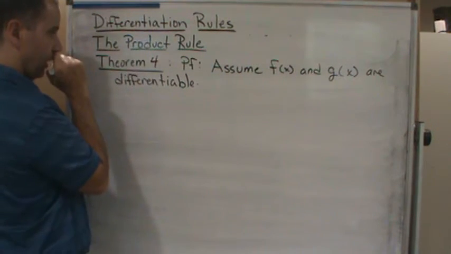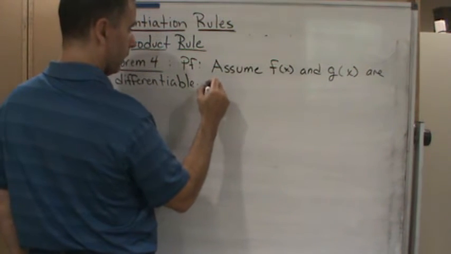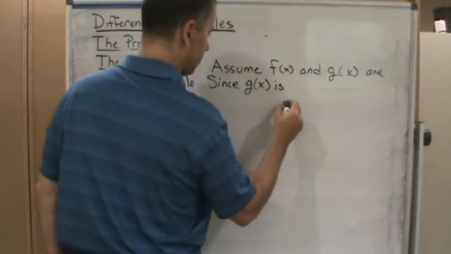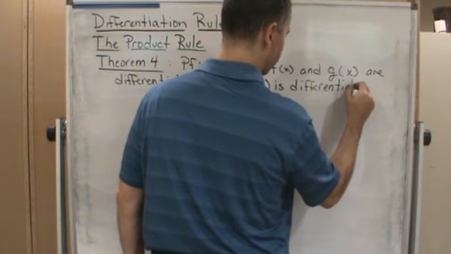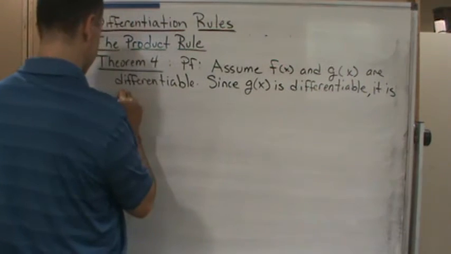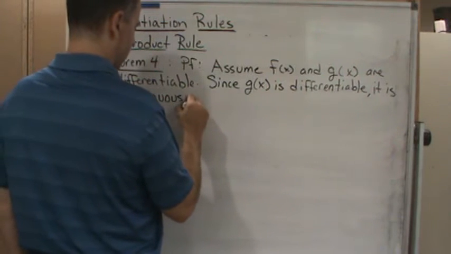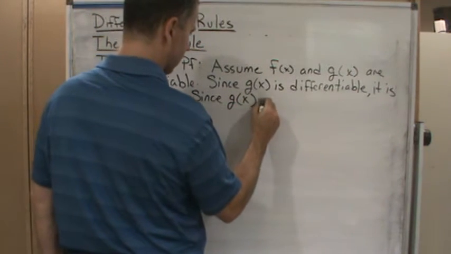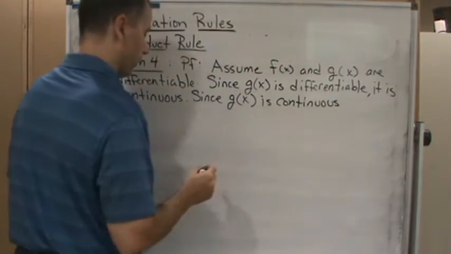So assume, since g of x is differentiable, it is continuous. Since g of x is continuous, then we know